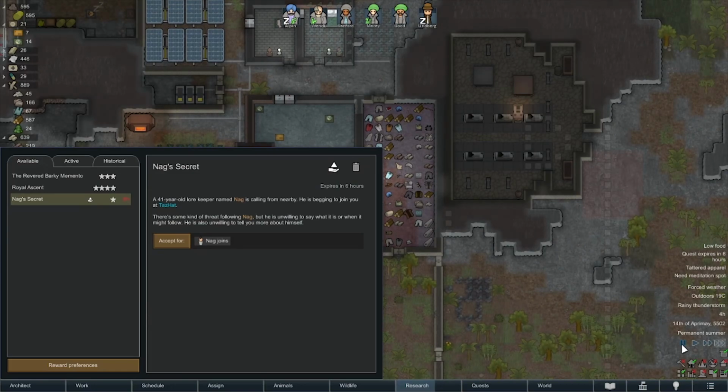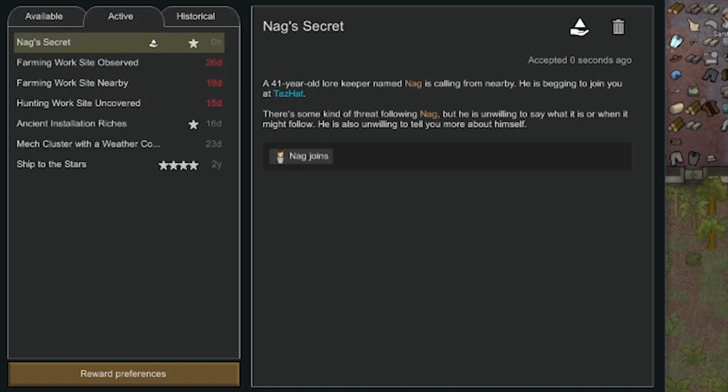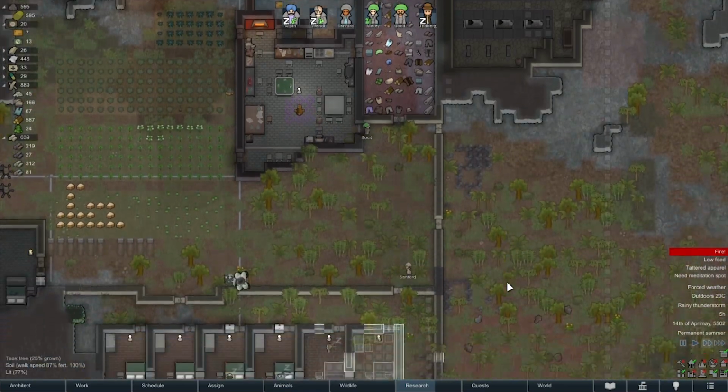Nag's secret. Oh, okay. 41-year-old lawkeeper named Nag is calling from nearby, begging to join us. Some threat is following him. I wouldn't normally do this because obviously I say that we're not taking on more people, but I would like to do more quests, see more stuff, and genuinely test how well we are. So we are going to accept it, and hopefully Nag is okay. I think we've had a bad colonist in the past, so we can just get rid of them if...